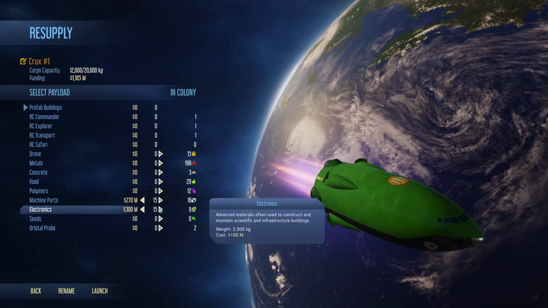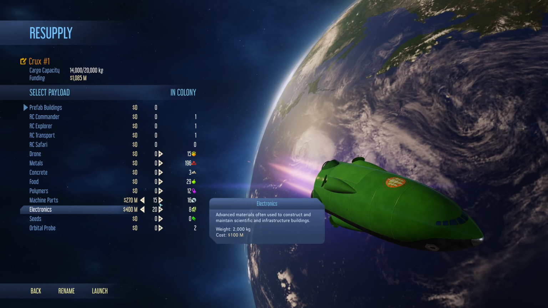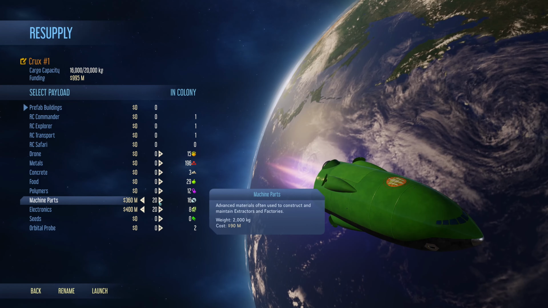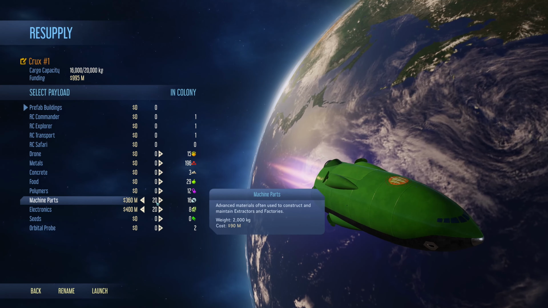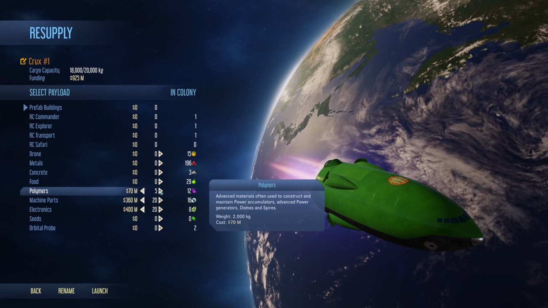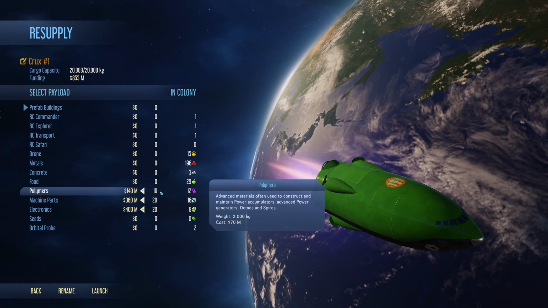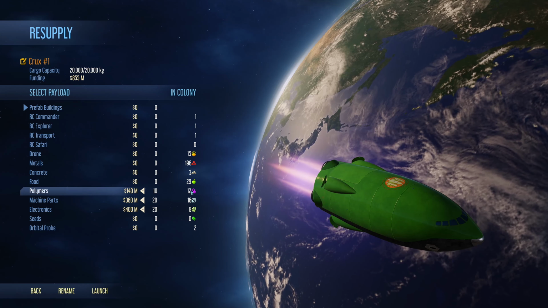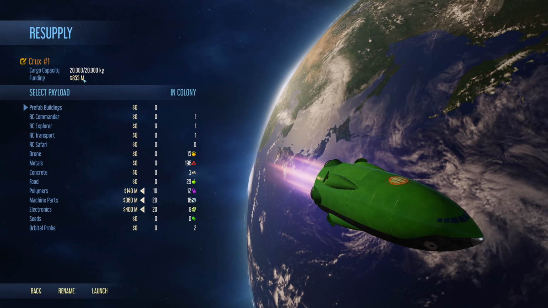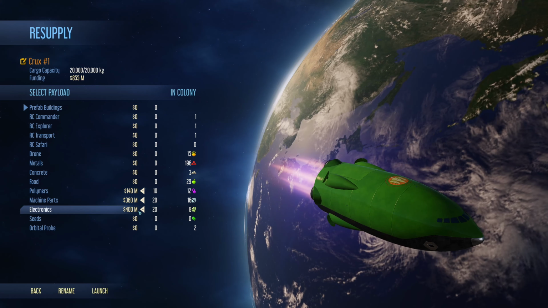Let's go with... Let's get a couple extra here and a couple extra there. That leaves us with 4,000. Let's build up some polymers and we'll do that twice. Yeah, I think that's what we're going to do. That's fairly decent. This will cost us 850, but realistically, we'll only be spending...